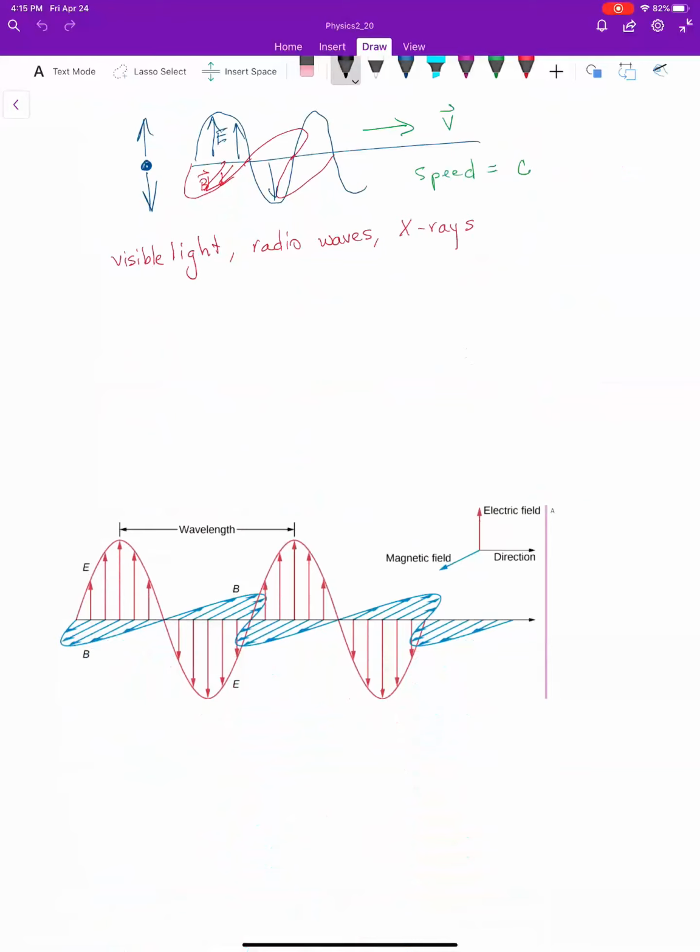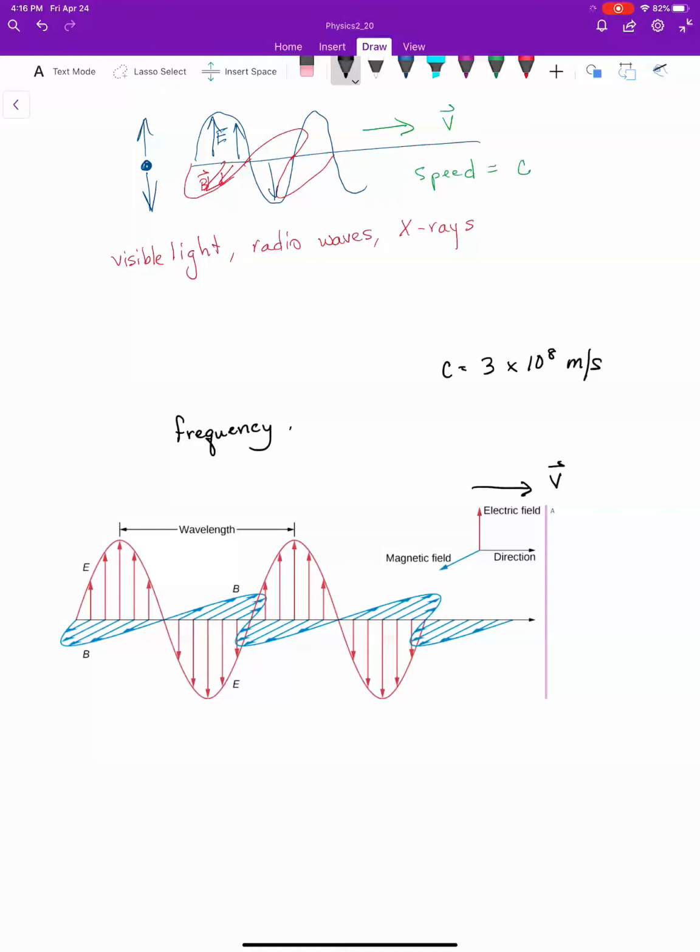So here's a picture from your book that shows a much prettier version of the electric and magnetic fields for a wave that is traveling to the right on this screen. So that's the direction of travel. That's your v, going at the speed of light. All electromagnetic waves go at this speed, which is given by c, approximately 3 times 10 to the 8 meters per second. And we can describe waves in terms of their frequency